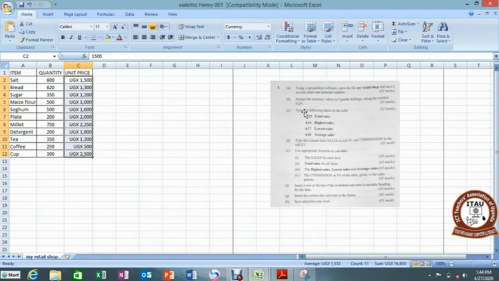Then they're telling us that we are going to type the following labels in the following cells. A15. So we have A, then we count up to 15. We put as total what? Total cells. Then in A16, they want the